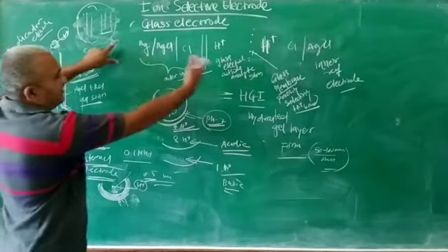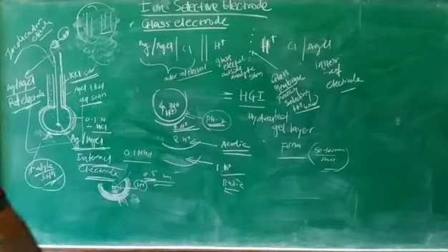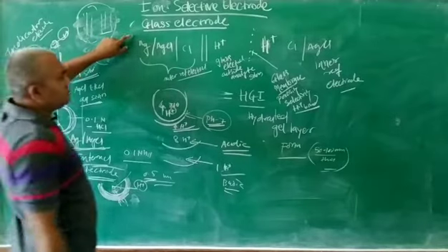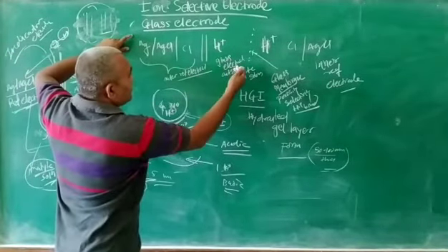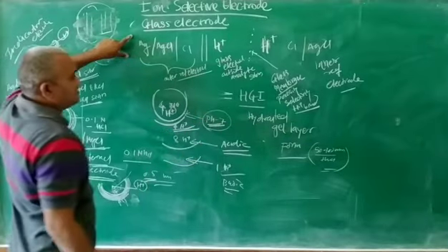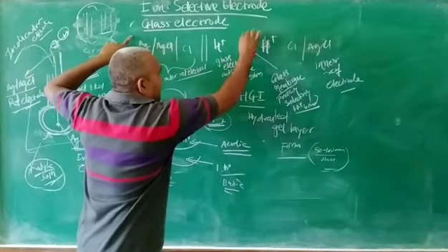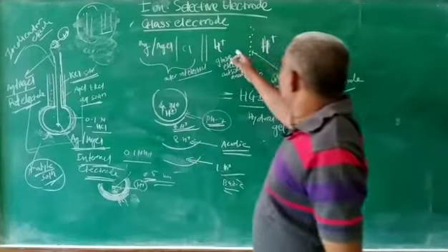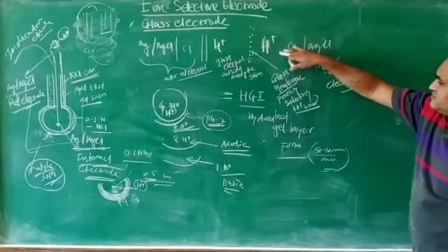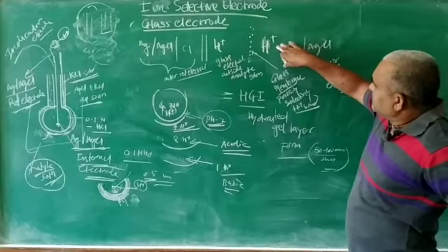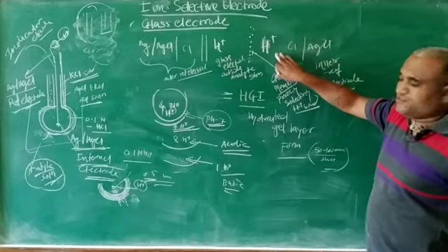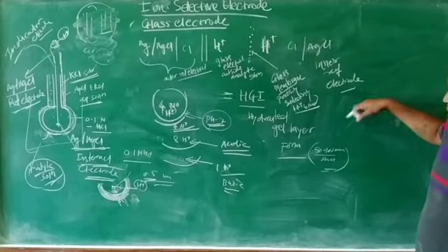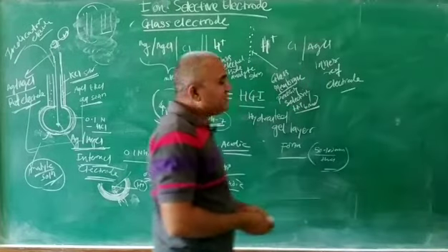So here is the main general reaction of that electrode. AgCl, that is the outer reference electrode. H positive ions outside in the analyte solution, and it is the glass membrane. It is the porous glass membrane, and inside the H positive ions, AgCl is the inner reference electrode. And with this we measure the pH.